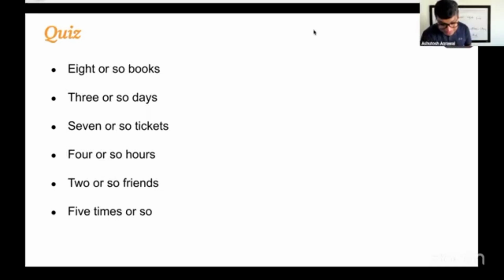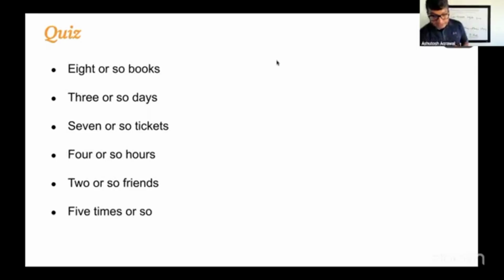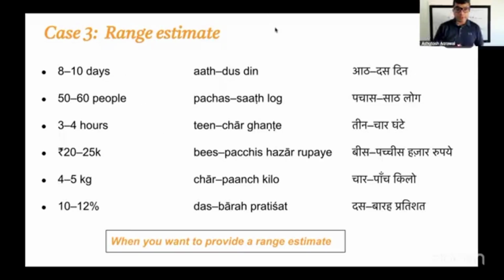Beautiful, wonderful. Right. So we'll go to case number 3, which is basically when you're talking about range. Just to recap, we've done 2 cases. In case 1, where we talk about approximation, we use the words as they are: लगभग, karib, and koi. Lagbhag is more conversational, less formal, but it's totally okay to use commonly. Karib is when you want to be more formal, slightly more precise, and koi is when you want to be vague. Then case number 2, where we take the cardinal number and put ek next to it.